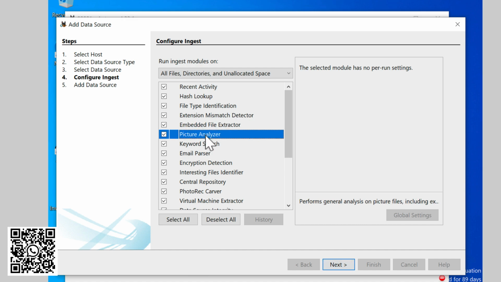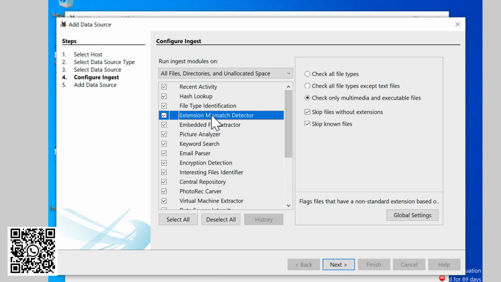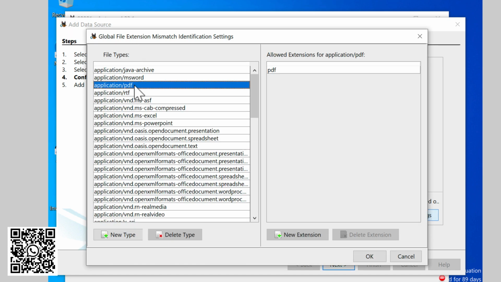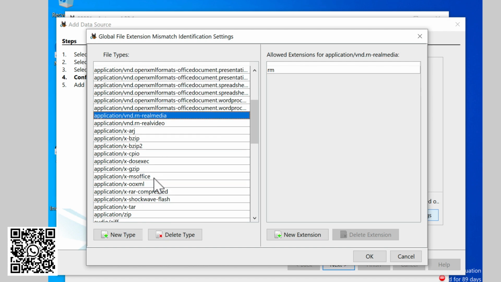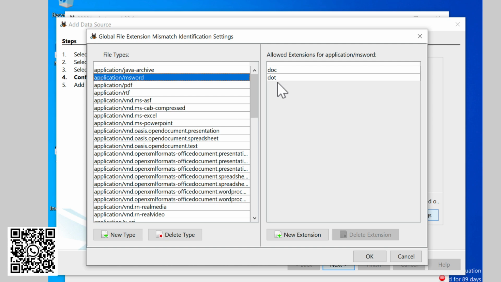The next is embedded file extractor, that basically allows you to extract embedded files, and for files like RAR or zip file, it allows you to extract them. Now over here, extension mismatch has a lot of MIME types. So in the next few series, we are going to talk about what are the file extensions.